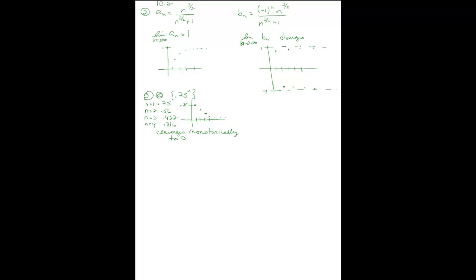And if you say something is decreasing monotonically, it is in your textbook. But if it's only decreasing or only increasing or only non-increasing or non-decreasing, then it's considered monotonic. It only does one thing. Okay, so part B,